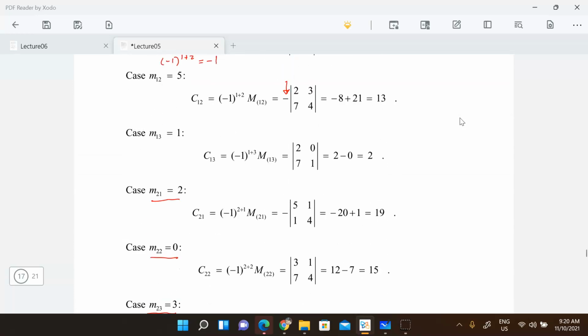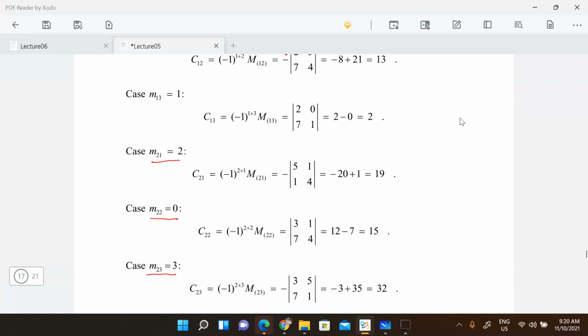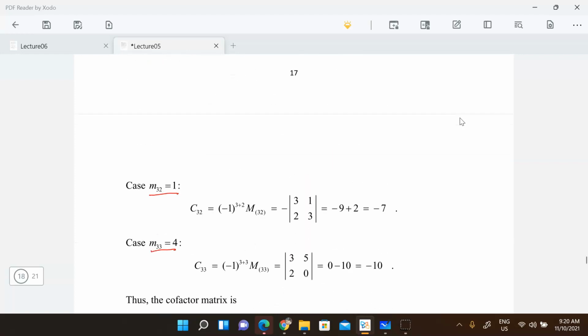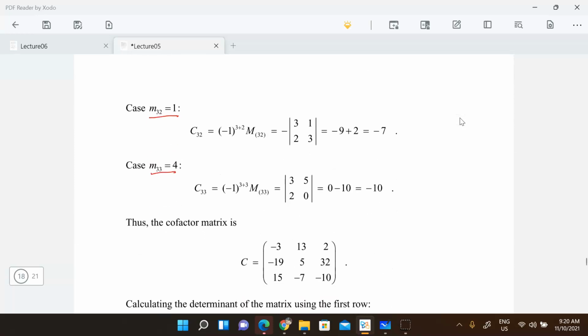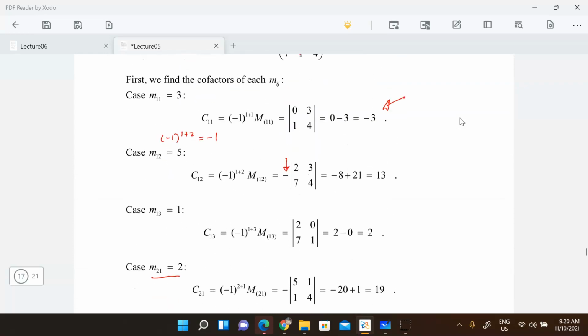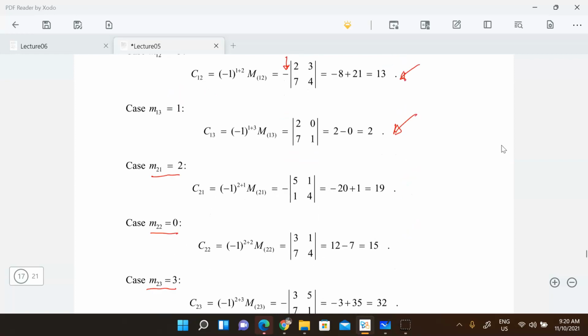Okay, so in this particular case, the second row is given by this 3, the third row will be given by that, the last 3. So if I ask you to do, okay, give me the cofactor matrix, then you probably need to do all the rows, for example. Okay, so here's the cofactor matrix being calculated before. Okay, let's look at it. Here's minus 3, 13, 2 for the first column, first row. So we just look, minus 3, 13, 2